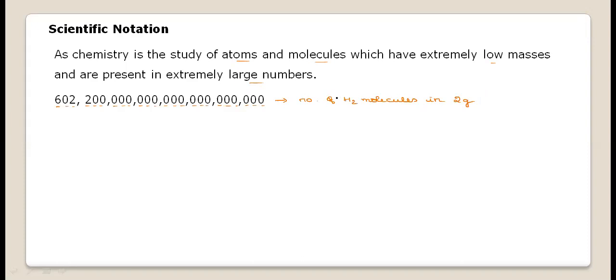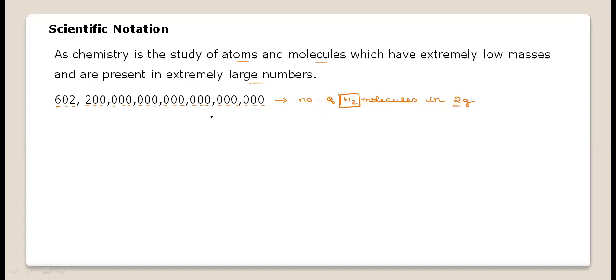Now, if you take hydrogen molecules, 2 grams of hydrogen, or 14 grams of nitrogen, or 16 grams of oxygen, in all such cases the number of molecules present is this. These many molecules of hydrogen are present in 2 grams. You can assume the decimal point from here. If you move here, it will be nearly 1,000, 10,000, lakh, crore, like that. If you keep on counting this, is it possible to remember this huge number always? No, it is not possible to write these numbers always.